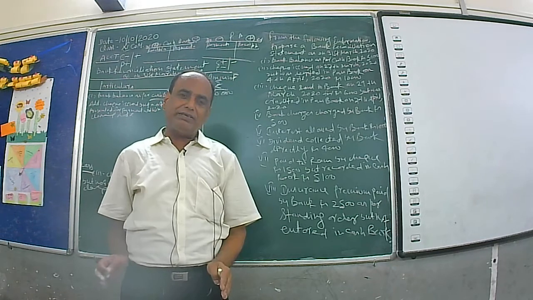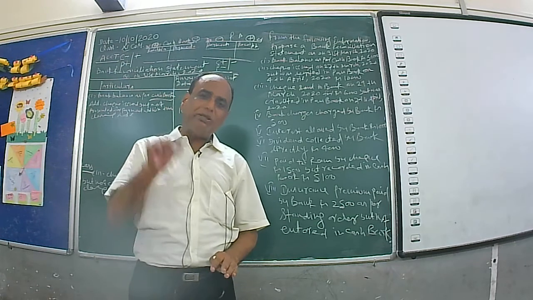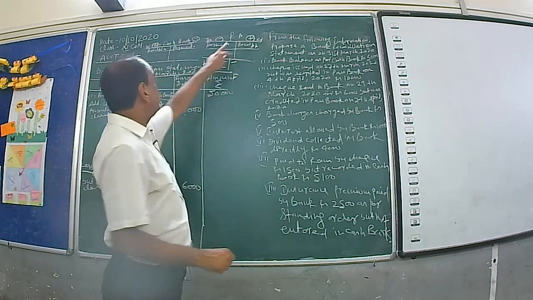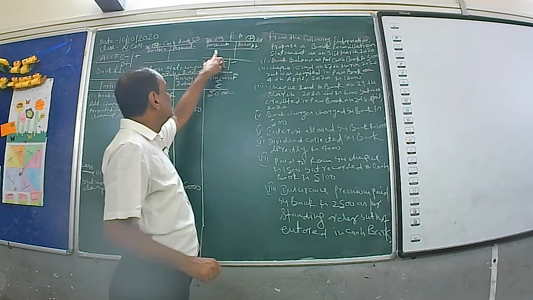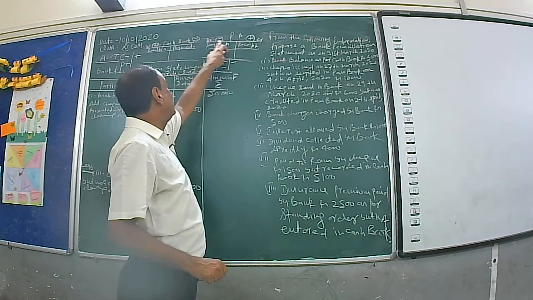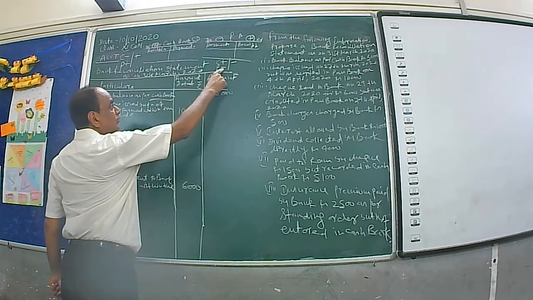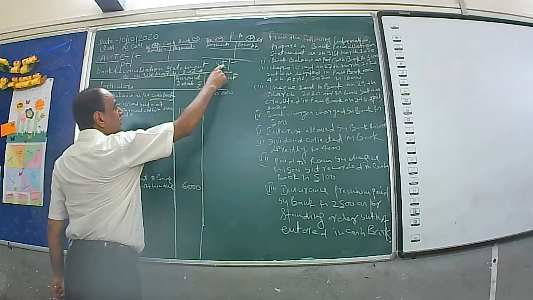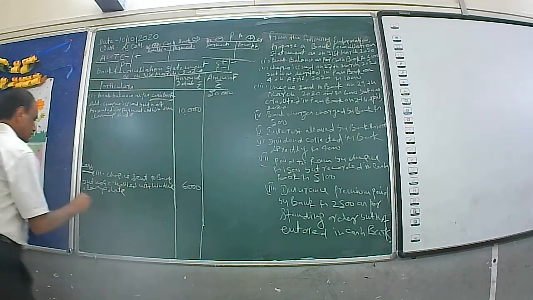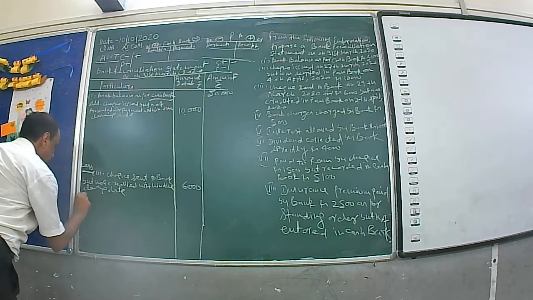Bank takes some charges in lieu of services. So the bank debits the passbook. As soon as the bank debits the passbook, on the debit side of the passbook, P is in a minus position, C is in a plus position. Therefore, it will be minus. The number 4, bank charge, will be minus.